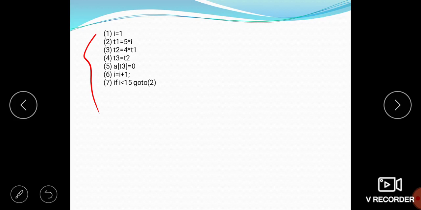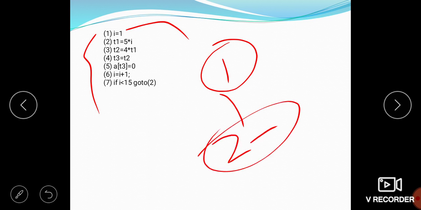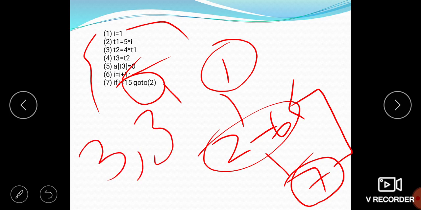Now here, first you have to put 1, then you have to draw a control flow diagram for this type of statement. So put 2 to 6, up to 6. Now this 7 is provided in another node. Here a goto statement exists, that sends it again to the goto. So here you can see that there are 3 vertices and 3 edges.